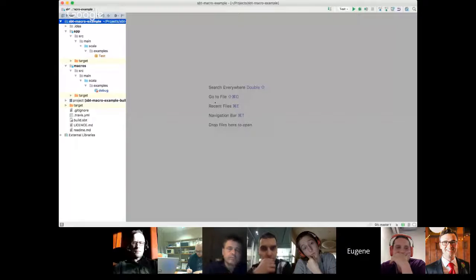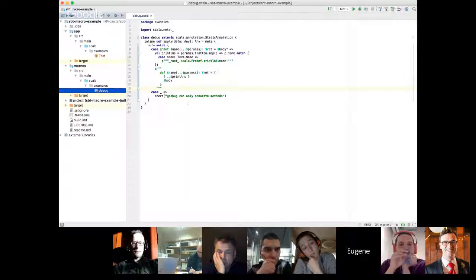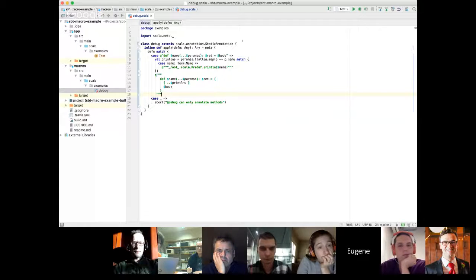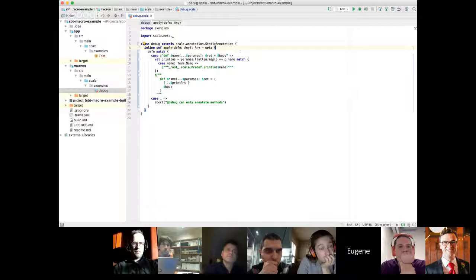Here we go. So here we can see a simple project with a macro called debug. As you can see, this debug macro is defined as a static annotation, much like old style macro annotations. But instead of the usual macro transform method, which is a macro, we have an inline method with a meta block inside. So what happens inside the meta block, as explained in the SIP proposal, and that's how we implement it, inside the meta block, some of the variables from the scope, namely type parameters and term parameters,